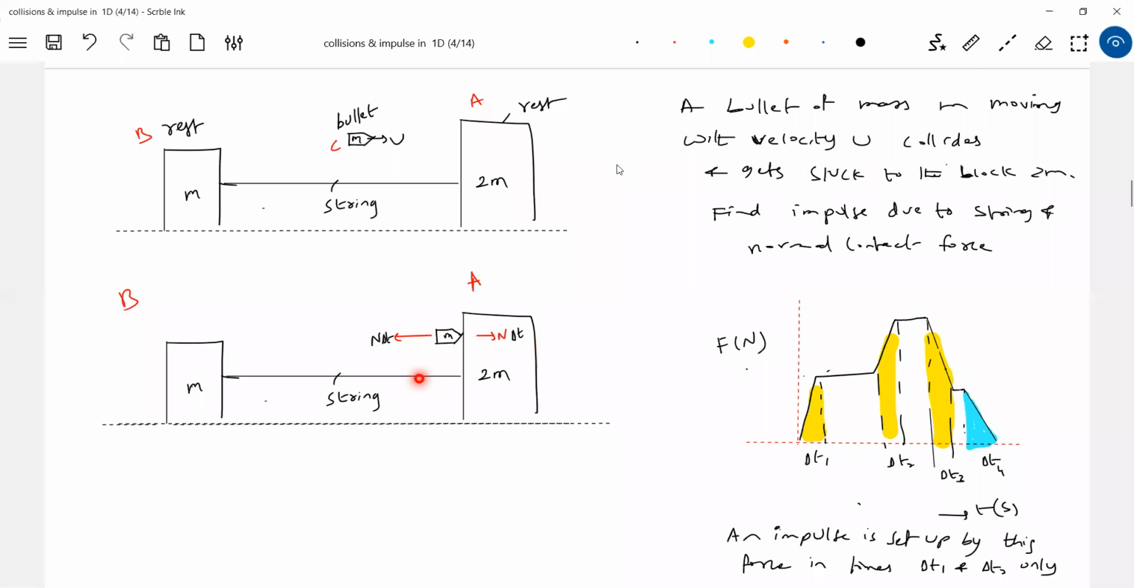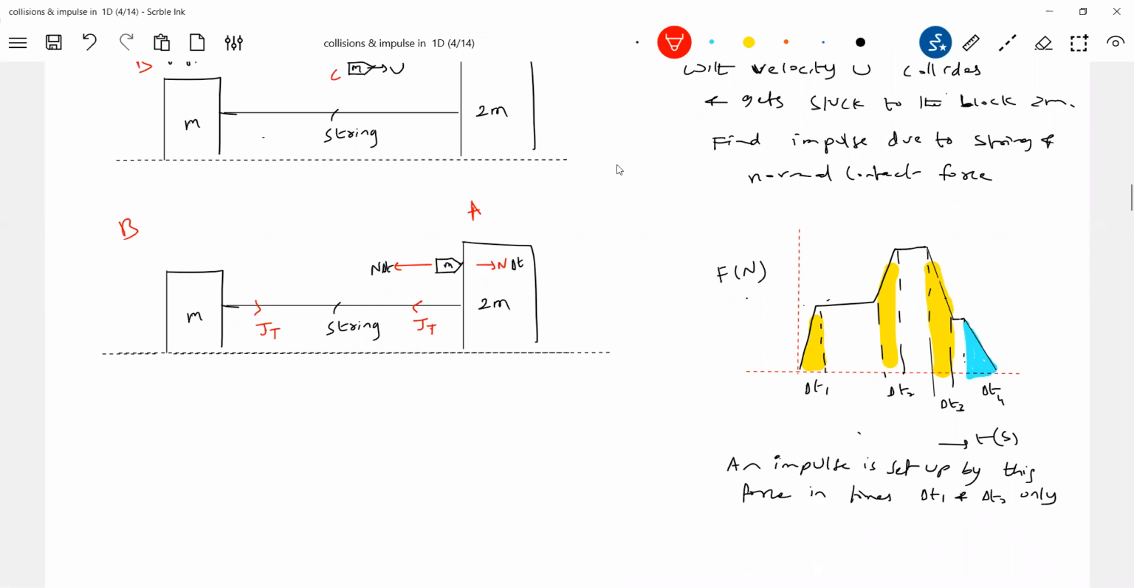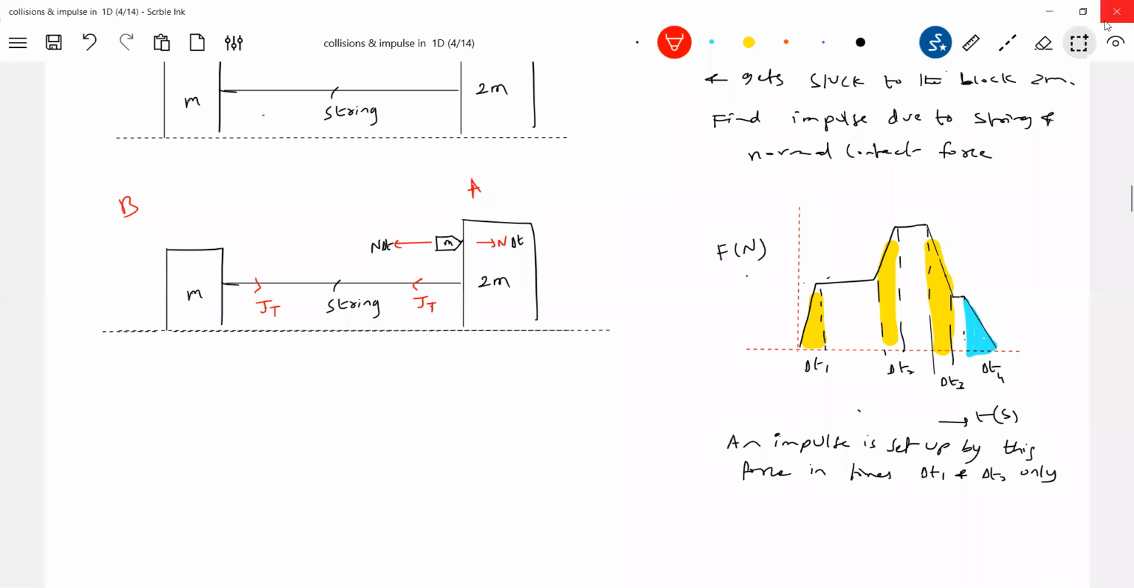So the string will be jerked. So will any impulse be set up in the string? Yes, an impulse will come. Sudden increase, sudden jerk. If the string is suddenly jerked, or there is a sudden increase in tension, the string will set up an impulse. I'll call this Jt. Overall sequence, that is what we have to show. So because of these impulses,